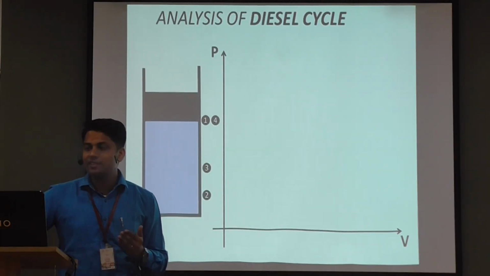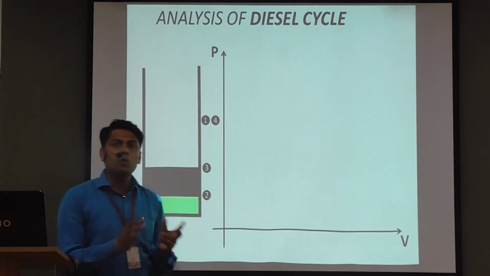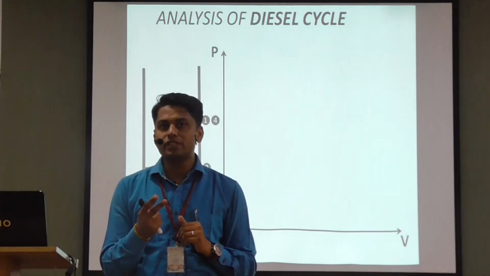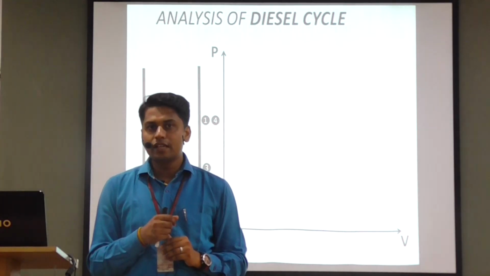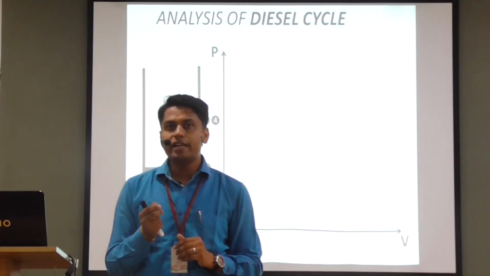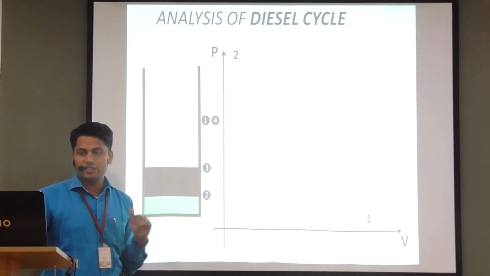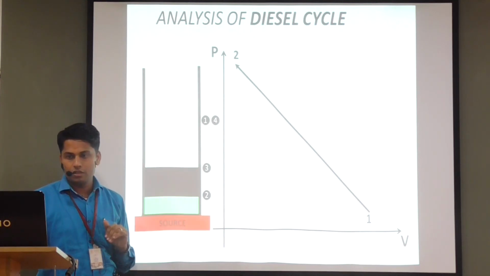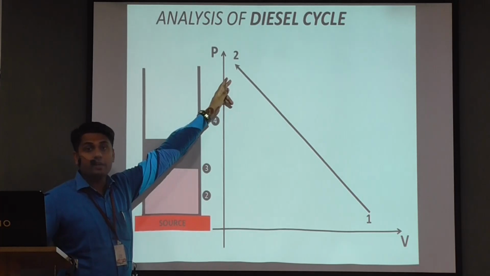Now coming to the analysis of the diesel cycle. The major difference between an Otto cycle and a diesel cycle is that the heat addition process for an Otto cycle takes place at constant volume, whereas that for a diesel cycle it takes place at constant pressure. The other processes remain the same. That is, the first one will be the reversible adiabatic compression. Then comes the constant pressure process, which will be represented by a